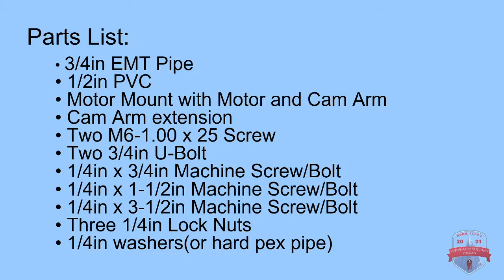Matos Designs has all these parts available, and it's already cut at basically the right length for a kit like this. The other parts you're going to need are two M6 by 25 millimeter screws, and that's what Matos Designs requires for their screw hole to attach the screw to the mount. There's a video that shows that. And then we'll have two 3/4 inch U-bolts,